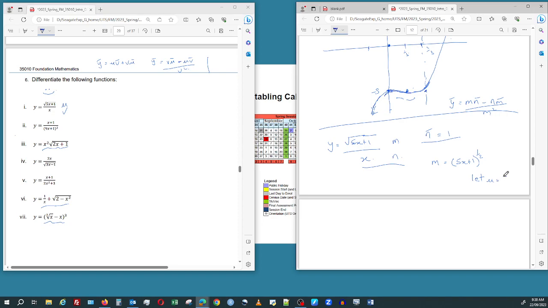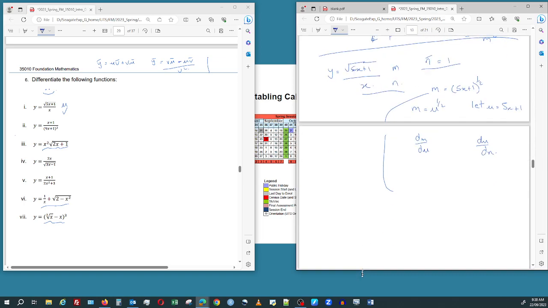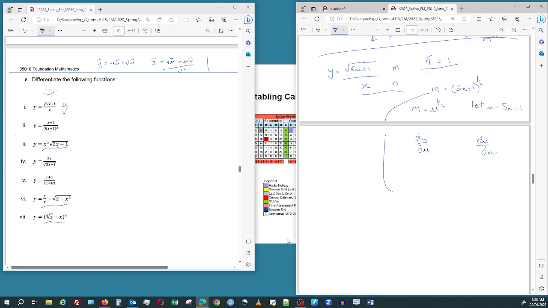So f of x, or f of u, is 5x plus 1. I can rewrite m in terms of u. So let's get our scaffolding right: dm dx, because this is what we're after, remember, our dm dx,